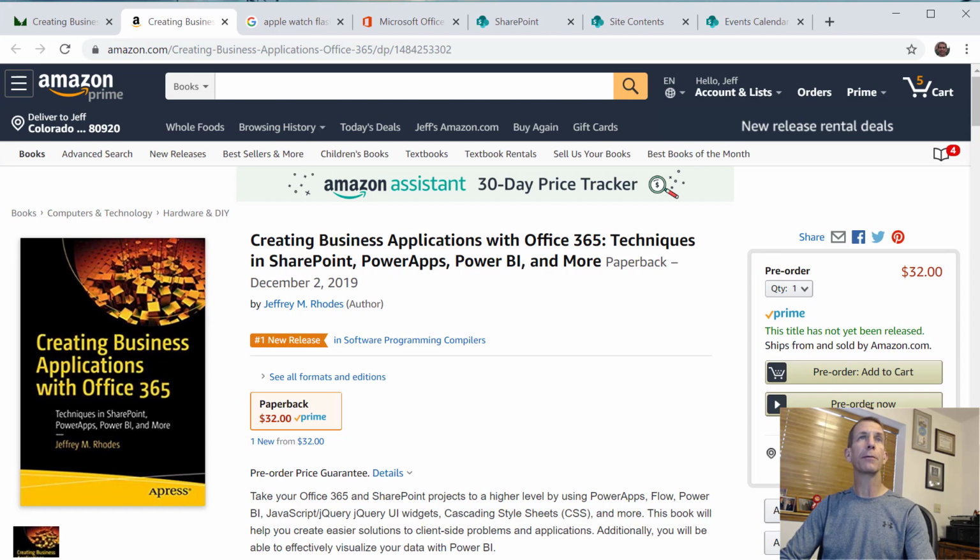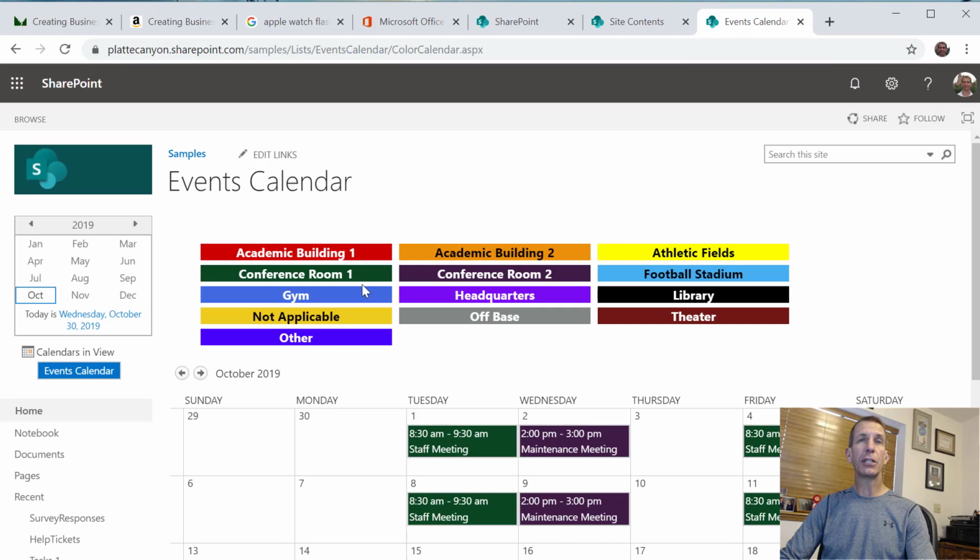So we'll make that a little bigger. All right, so let's go look at the finished product first. Okay, so here's a calendar, and what we've done is we have a location field, and this is a guide, and we'll see how to put that in there. And then it's color coded, so you see the staff meeting. We can look at it and see it's in conference room 1, and our maintenance meeting is in this purple